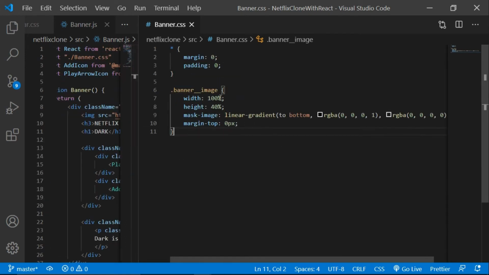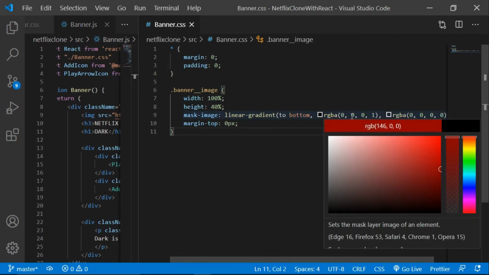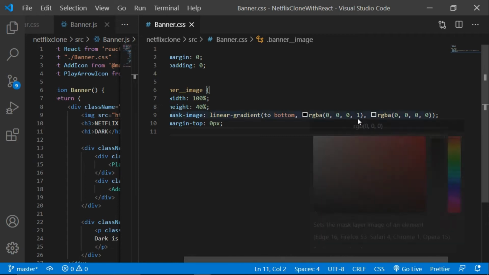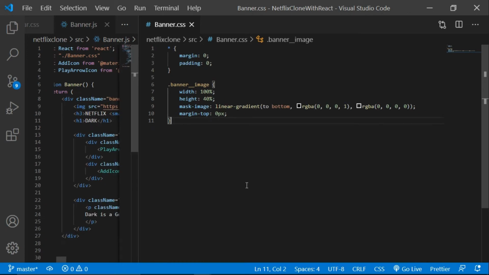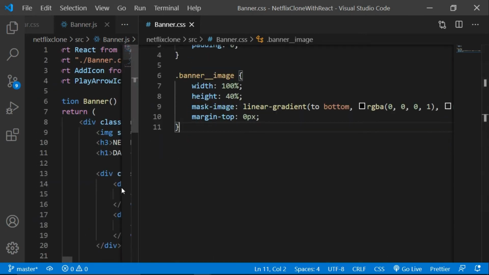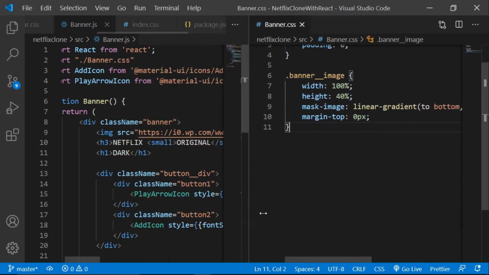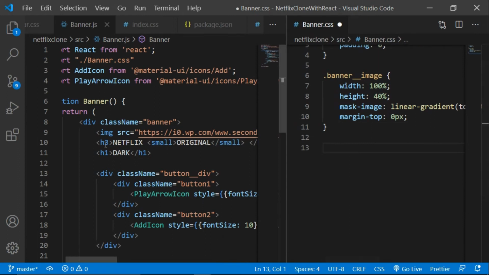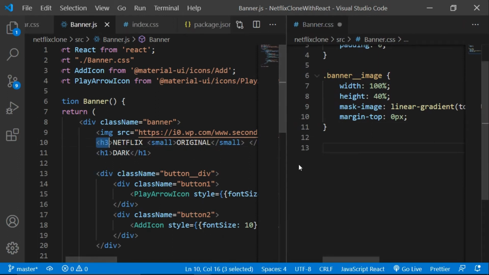Zoom out so you can see all of that at once. Mask image linear gradient is the important property here, because we are adding the image as black color on the top. It should have 1, that is 100%, you can say 1 is 100 and 0 is 0. So 1 opacity and 0 opacity of the black color. So it is going to have a linear gradient effect here, and margin top is 0 pixels, and it is going to have position as absolute, which is something you can say is a replacement for that.